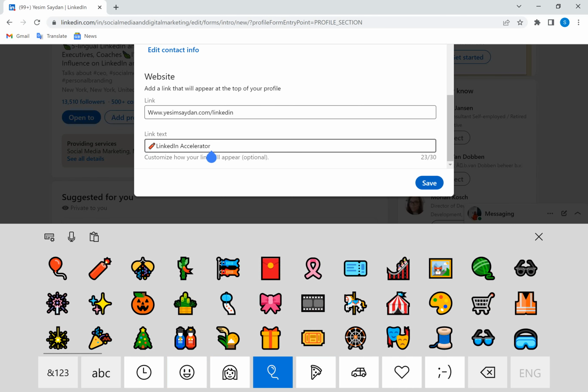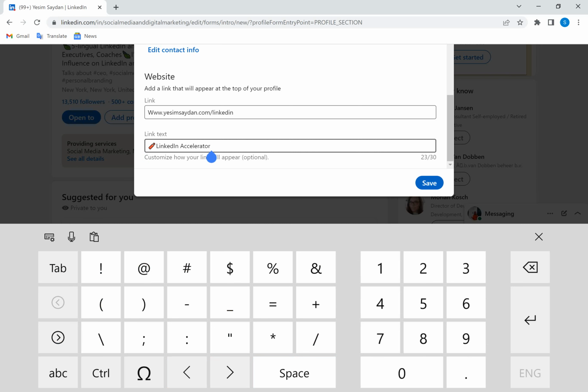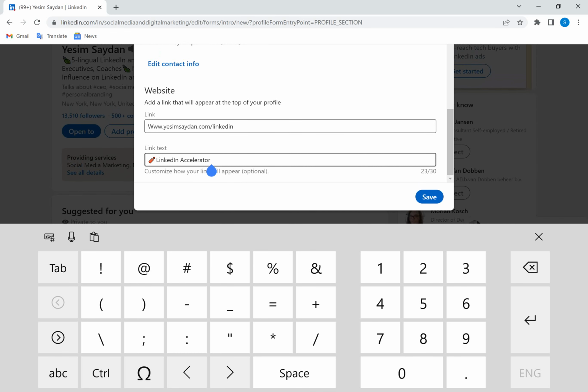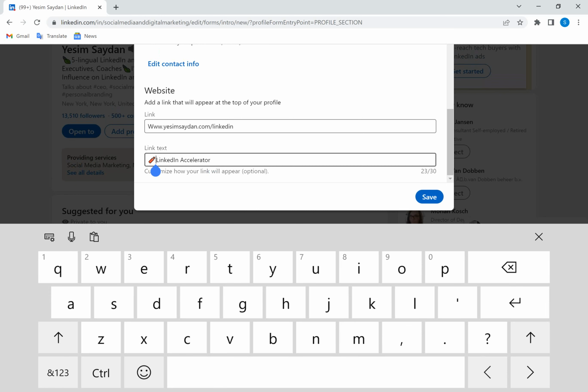So LinkedIn Accelerator, and you can see that you can only put up to 30 characters here, because ideally I would love to put LinkedIn Accelerator for lead generation here, but it's not going to allow me. So let me see if I can maybe write